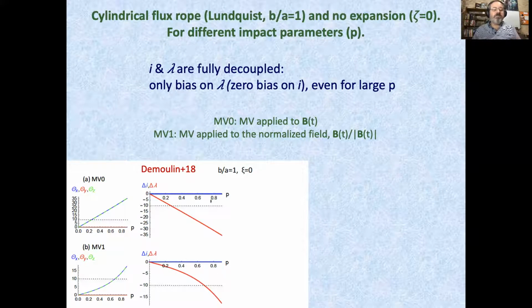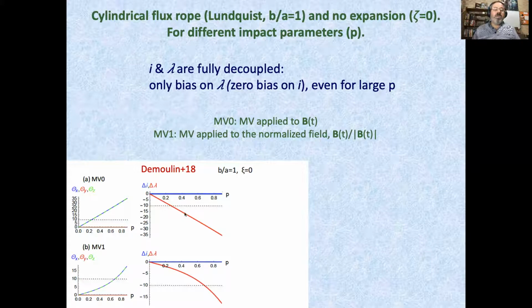And as you observe, when we apply minimum variance 0, and also minimum variance 1, the mistake delta I,